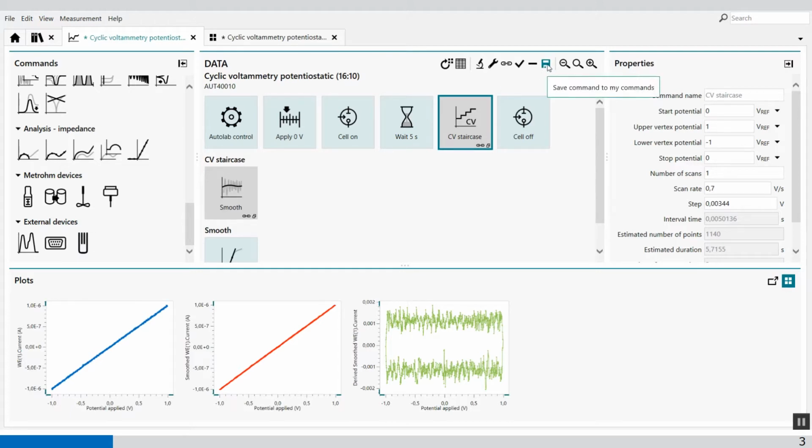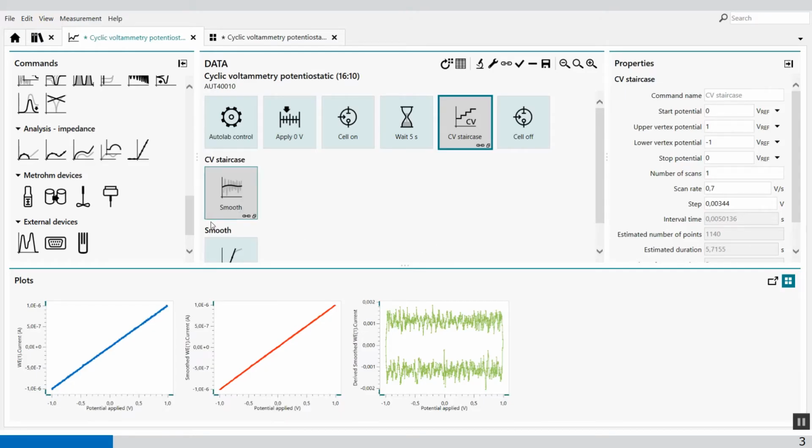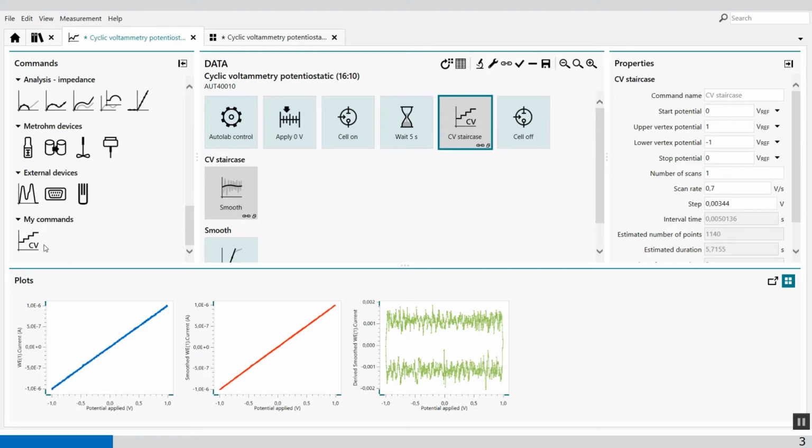This is done by this button here, save command to my commands. When I do this, okay, CV staircase with smooth and derivative. Press OK, and then it will be stored underneath here,